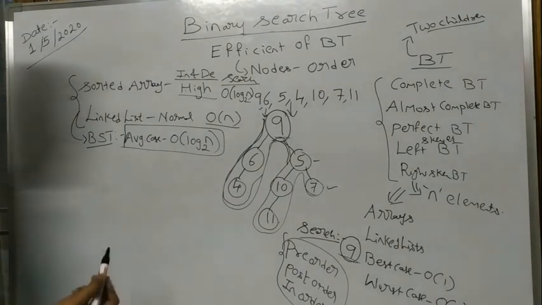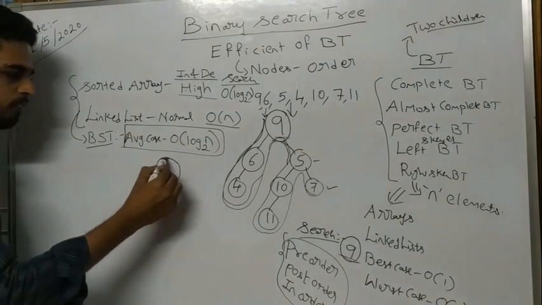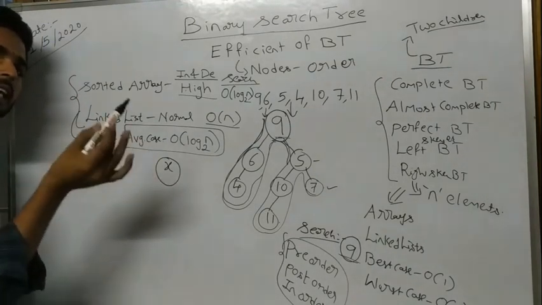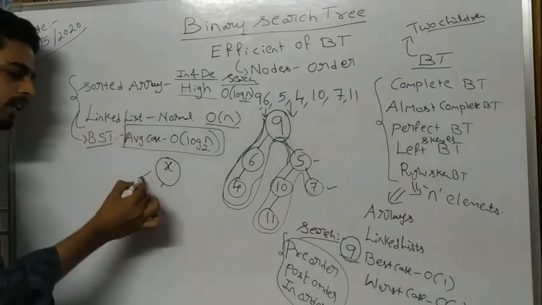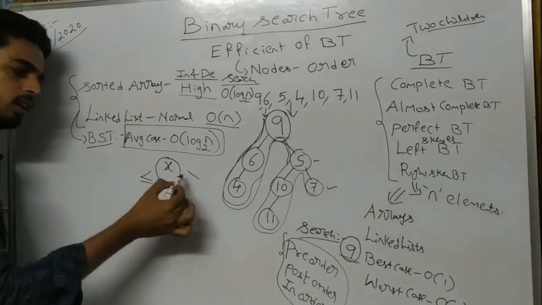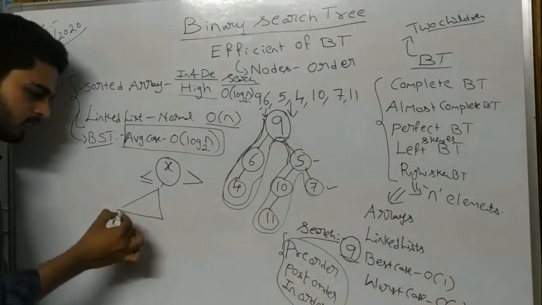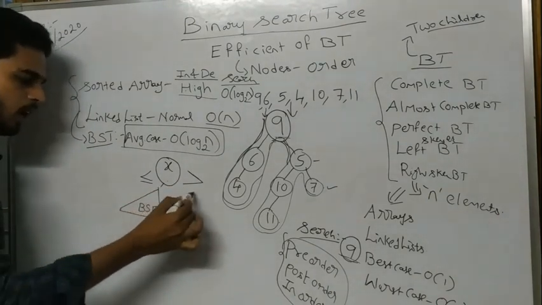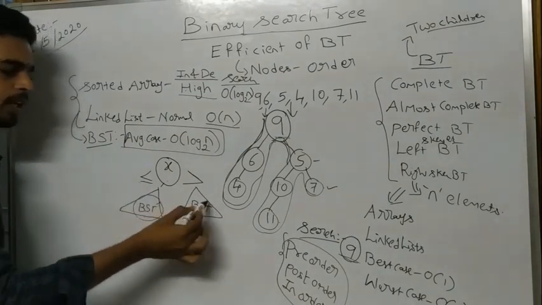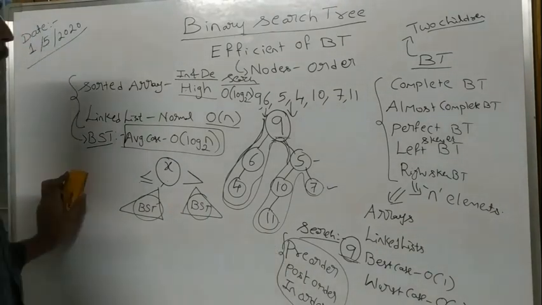Finally I can conclude here that in a binary search tree, if I am having a node with a value x, whatever nodes come with value less than or equal to x, I am going to insert on the left side, and whatever nodes I get higher than the corresponding node, I am going to insert on the right side. And again, this left subtree should also be a binary search tree, and the right subtree also should be a binary search tree, meaning that this also should follow the same property. Okay, fine. Now let's see an example of how to construct a binary search tree.